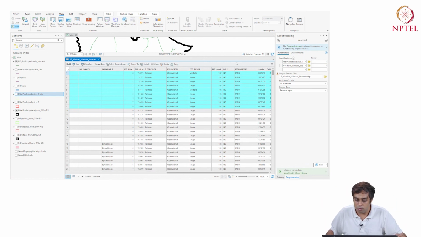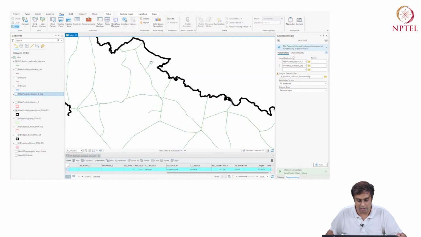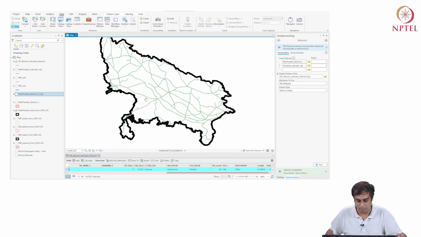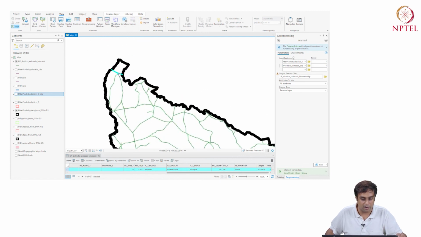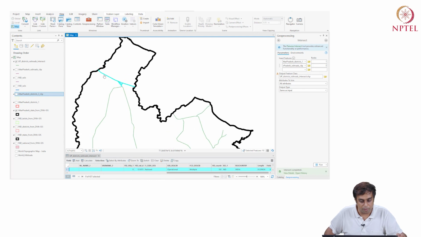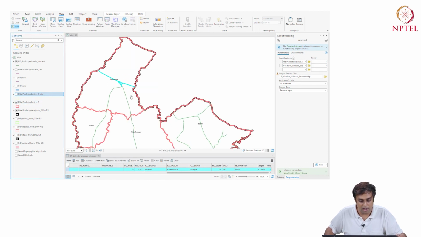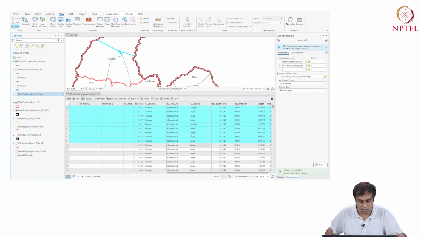Okay, so if I go back to my map and look at the selected area, it'll make much more things interesting for me. So here is Saharanpur, and Saharanpur, if I go back to my district file, Saharanpur has all these rail lines. Well, it has more, so it will show up later as well. So this is not going to be all for Saharanpur then.